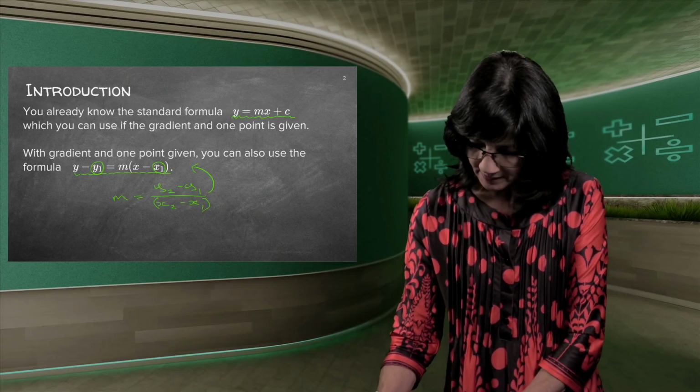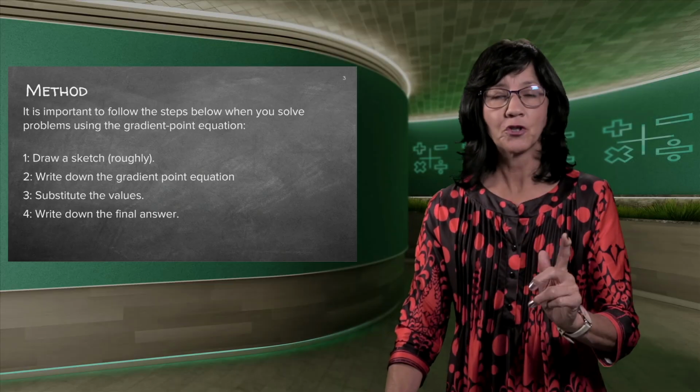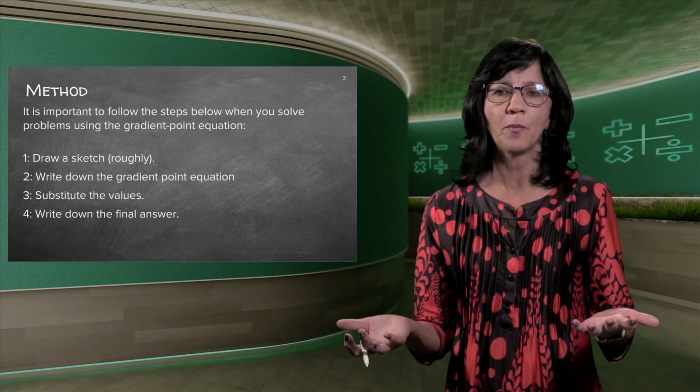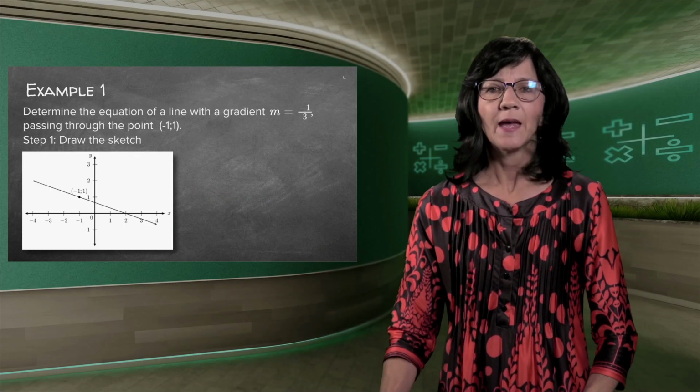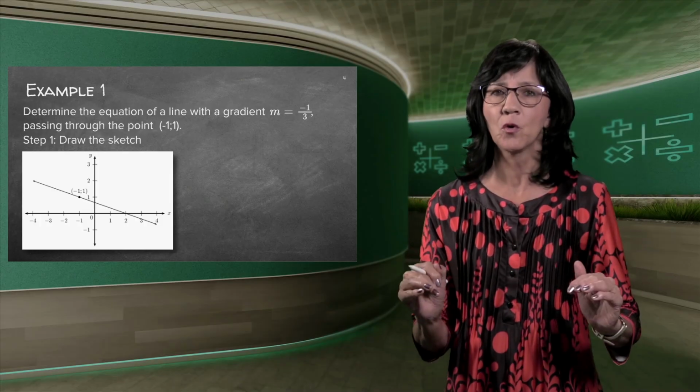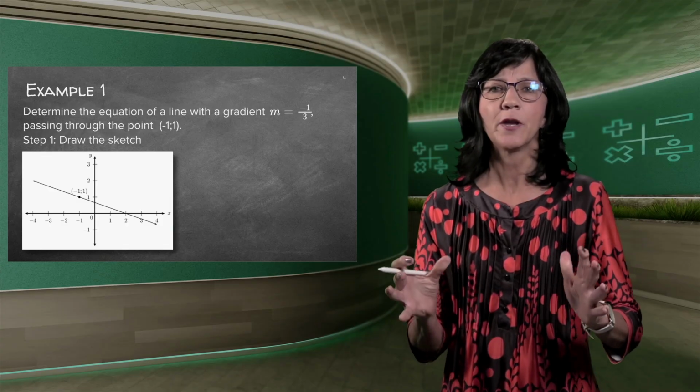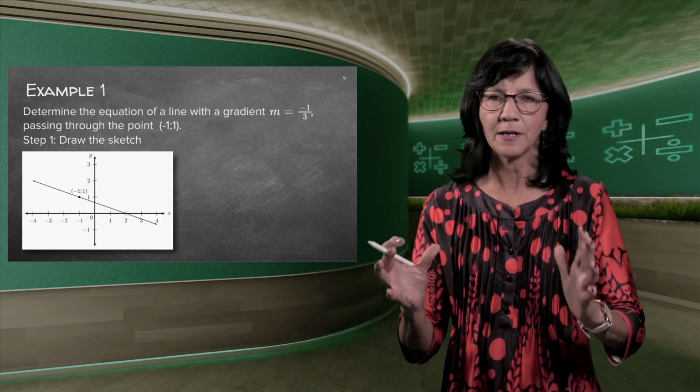Best way, as always, is to make sure you know the method so that we can do an example. As always, you do very roughly a sketch if you feel it's necessary. It depends on what the problem is. Write down the equation. Always write down your formula, your equation. Why are we writing it down? So that we can substitute the values in there, and then in the end you just give your final answer. So again, it seems quite long. As we do an example, you see it's very short and very, very easy. This is where you're going to gain lots of marks in an exam, analytical geometry.